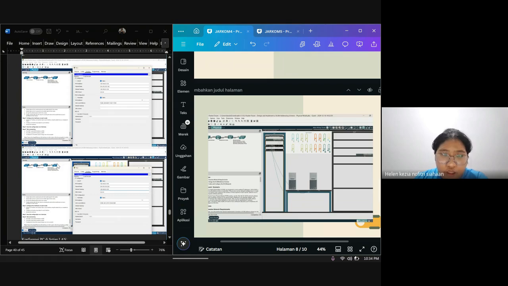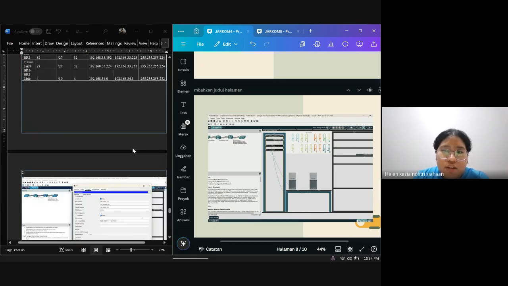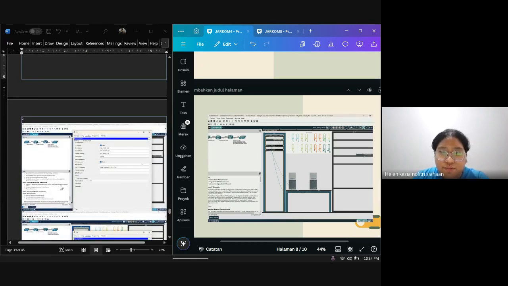In here, like you can see, it already has all of the IP addresses and subnets, and you can insert all in here. I'm using my calculator by myself, and it was done.